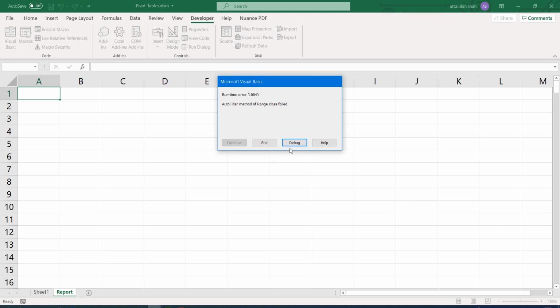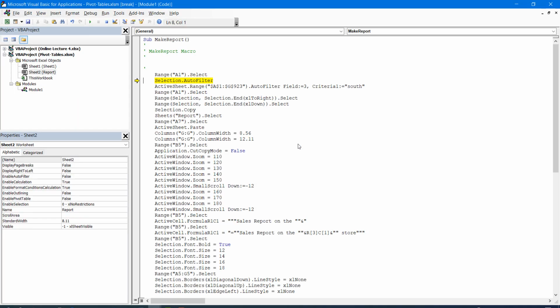and we have a problem. So when you see this report, it shows that there is a problem with your macro. So I'm going to debug it. Debug will take me to the line where the problem is located, usually in yellow color. Okay, it says selection.autofilter.